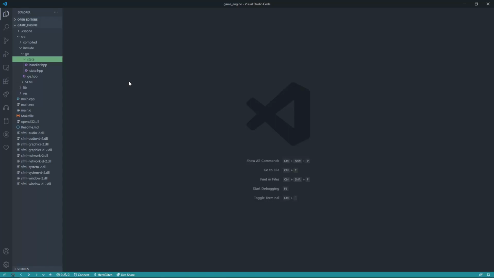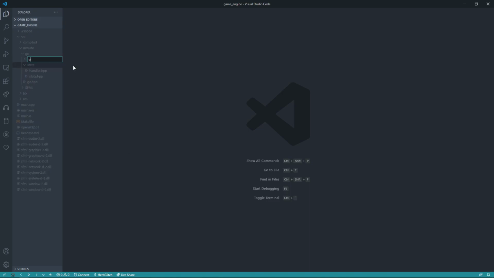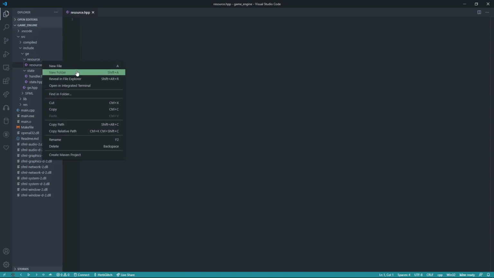Alright, we're starting in the directory we were in last time, and this time we are going to be adding in resources. And a resource is something like a texture, an audio clip, or a font. So let's get started by creating a new folder and call this resource. Then we're going to add in a new file, call this resource.hpp,